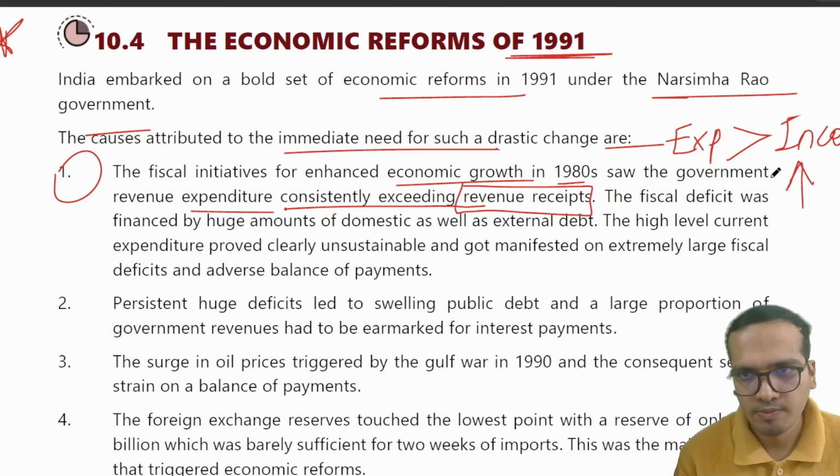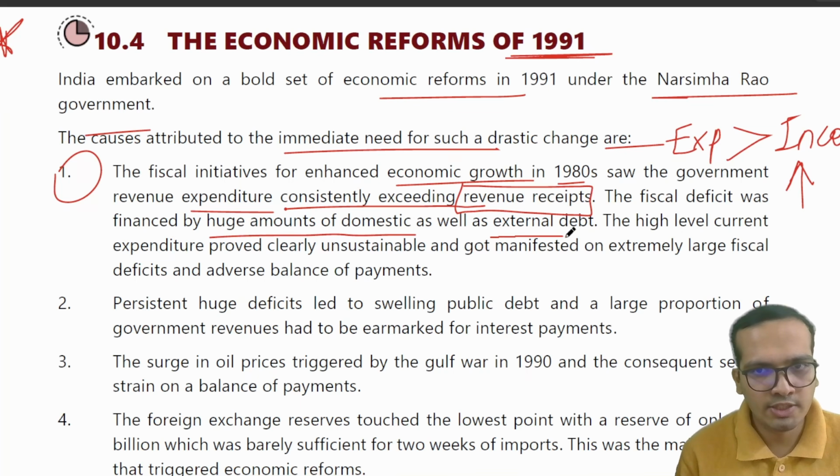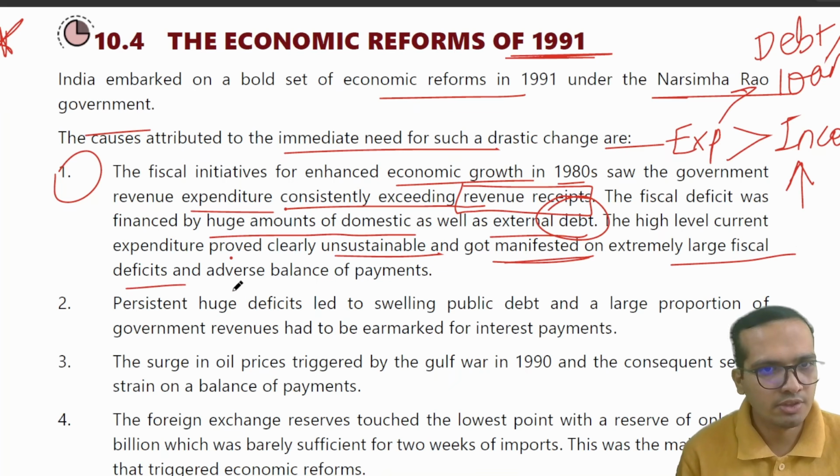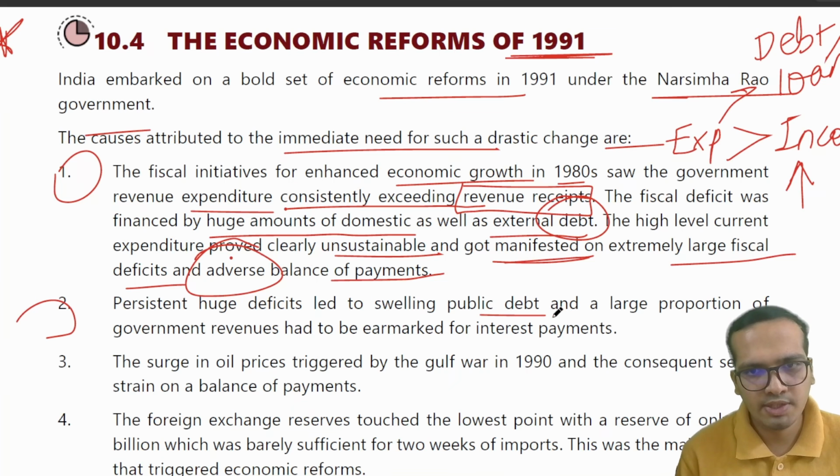in a rising way. The fiscal deficit was financed by huge amounts of domestic as well as external debt. डेफिसिट को कवर करने के लिए डेब्ट्स ले रहे, डेट्स यानी लोन ले रहे हैं. The high level of current expenditure proved clearly unsustainable and got manifested in extremely large fiscal deficits and adverse balance of payments. Second, persistent huge deficit led to swelling public debt and a large proportion of government revenues had to be